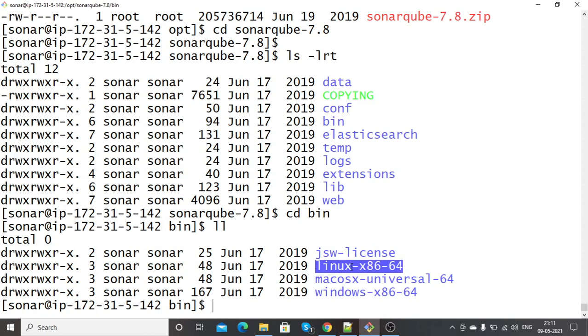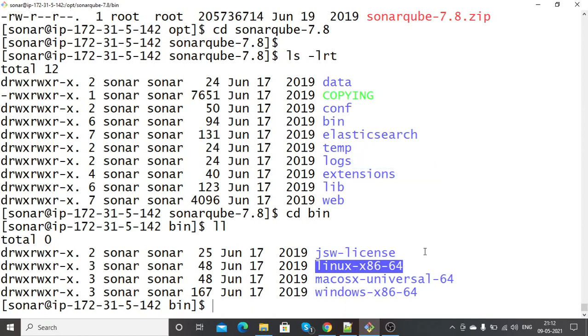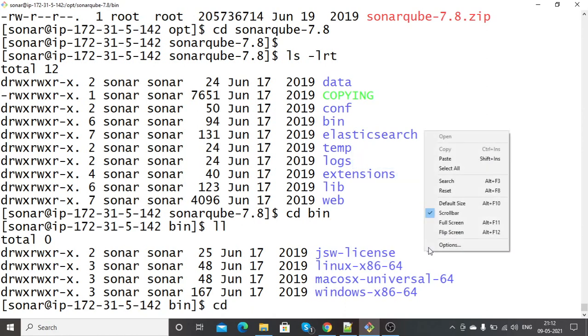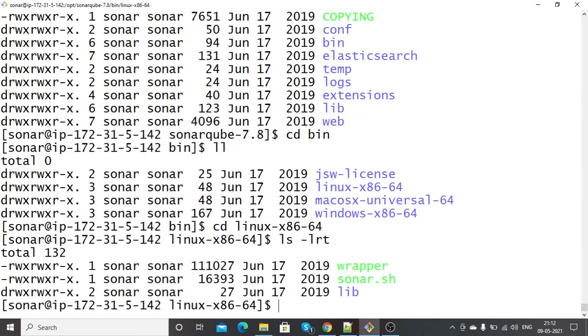As we are having Linux machine, so I am choosing this one, cd linux. Here you can see a shell script is there, sonar.sh. We need to execute this one, sh sonar.sh start.